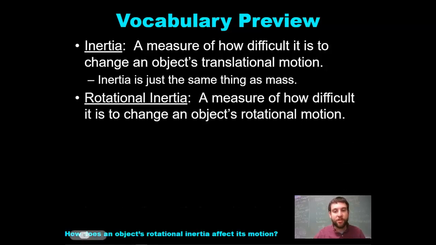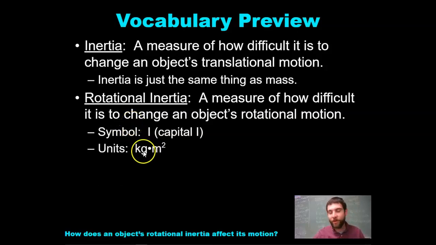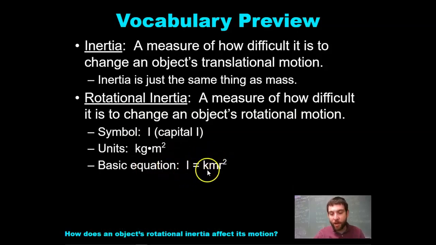Rotational inertia, a measure of how difficult it is to change an object's rotational motion. The symbol we use for rotational inertia is I. Capital I, to be specific. The units for it are kilograms times meters squared. The basic equation is I equals some constant times the object's mass times the distance from the pivot point that we're looking